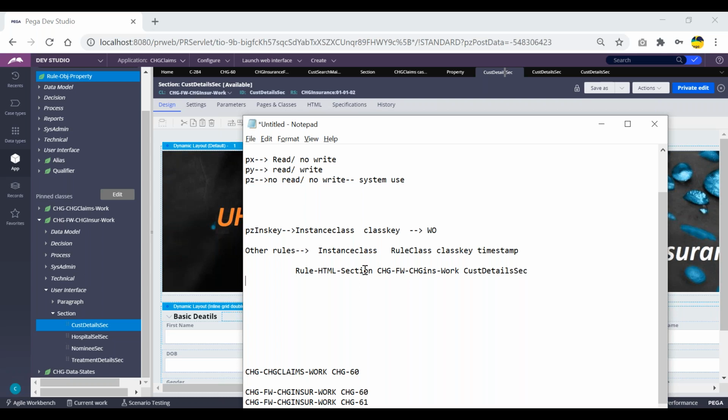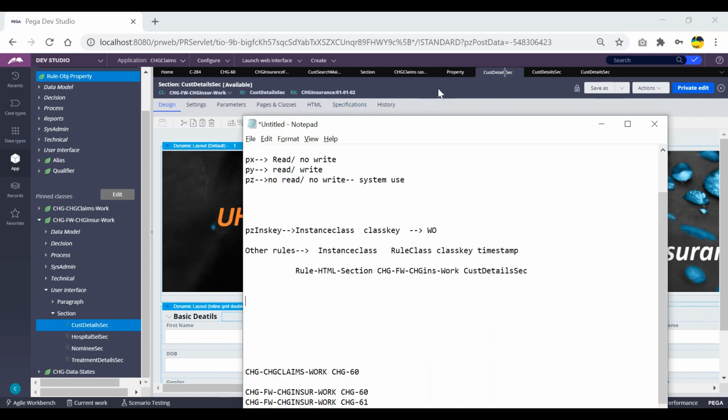Everything will be like an instance, right? Flow action rule, what we are creating, it has to be stored as an instance in one class, else we cannot retrieve the data. So it has to be stored into one class. So where will it be stored, in which class, what's the instance class of that rule flow action? Okay, for that there will be one trick. So once you identify the PZDNS key, we can get it, right?